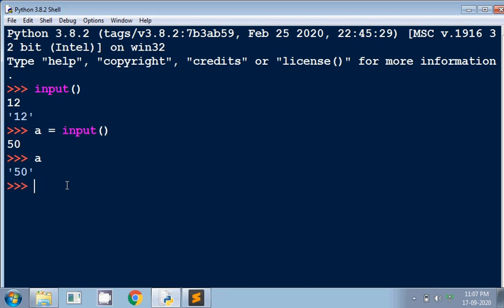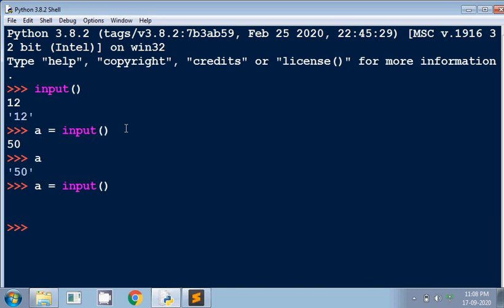I may have several variables, but if I use only a equal to input, then b equal to input again, and then c equal to input once again, how would it decide that it is inputting the value to the variables a, b and c? Let me show you what I mean.